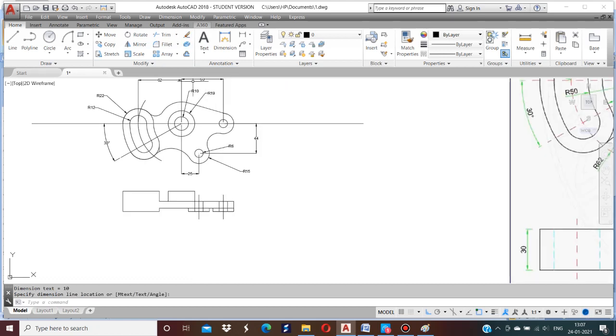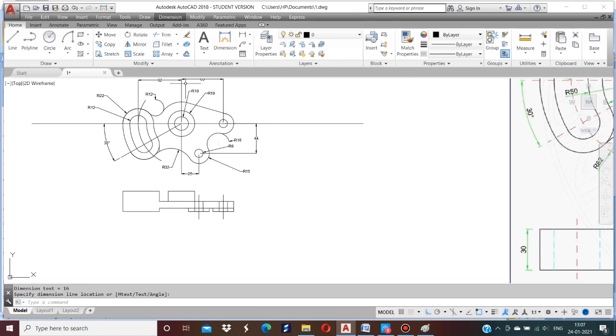Now dimension radius, select this R, this R12. Here also dimension radius, select this R, this R32. Now here dimension radius, select this R, this R16.